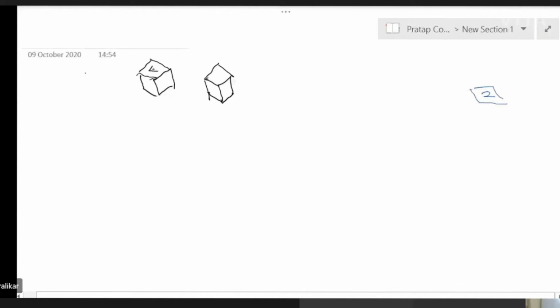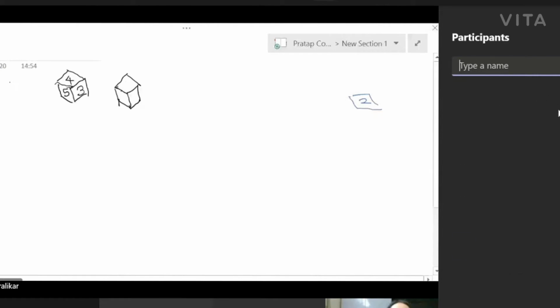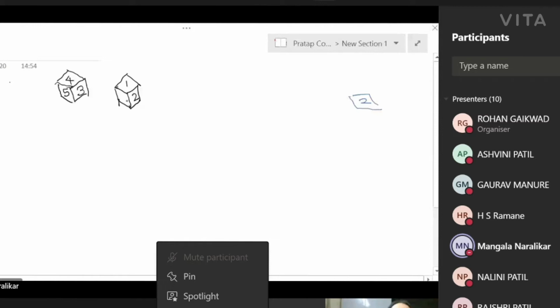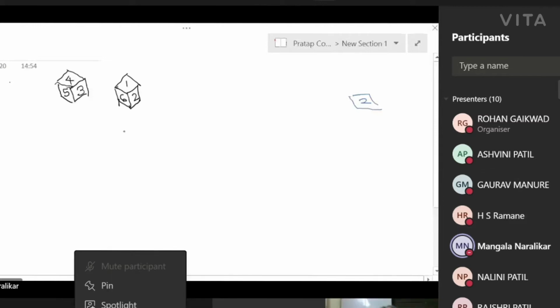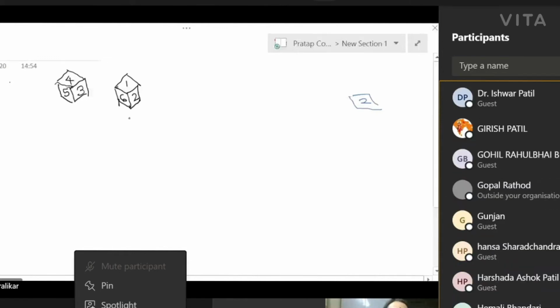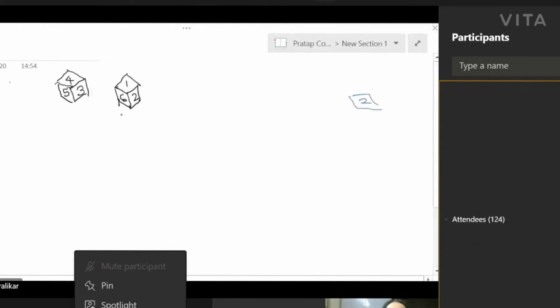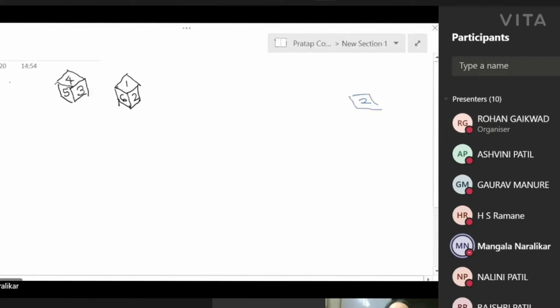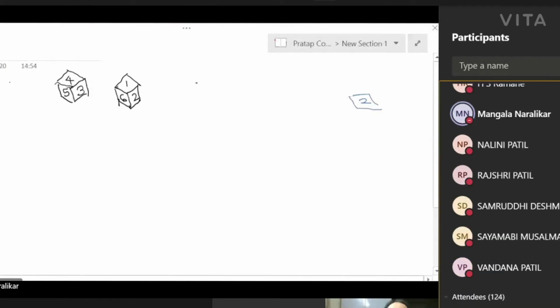These dice will have numbers. You know what numbers are there? Hey, what happened? Why don't you write? I'm just showing the different numbers, all the numbers from 1 to 6. On each die, the same numbers are drawn. Right? Now, what is the game? When we throw two dice at once, see the numbers which are facing up. Here it is 4, here it is 1, and the sum is 5.